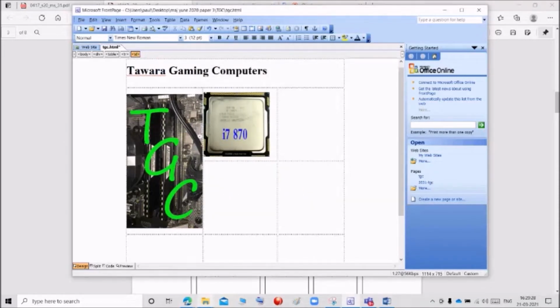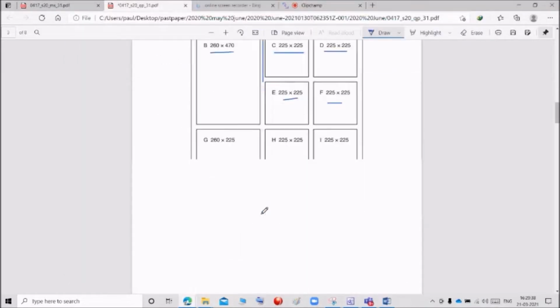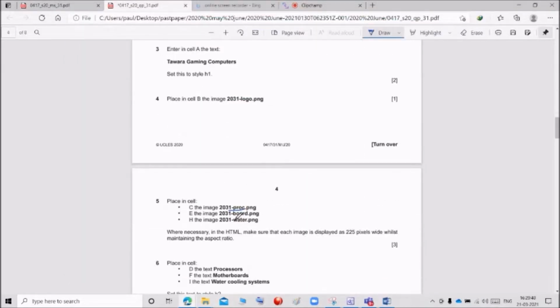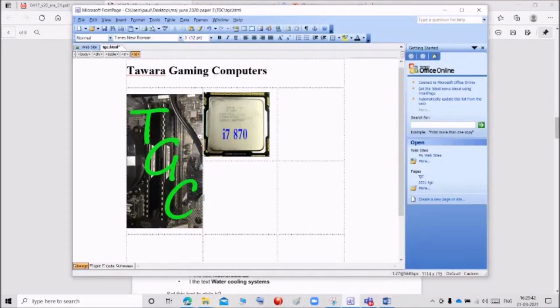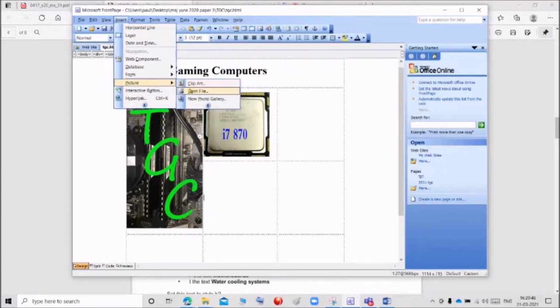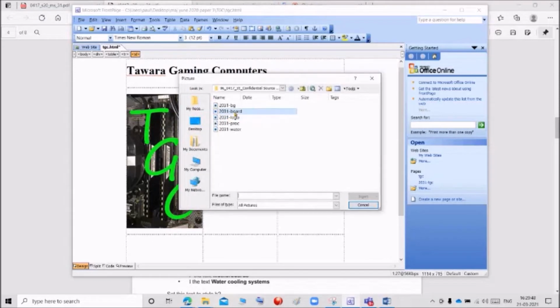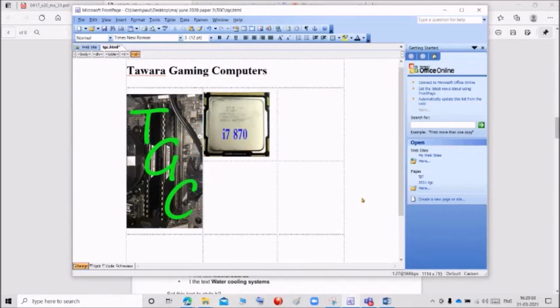Okay. Next, this is A, this is B, C, D, and this is E. For E, they are giving 2031 board. Select this, go to insert, picture from file, 2031 board and insert.